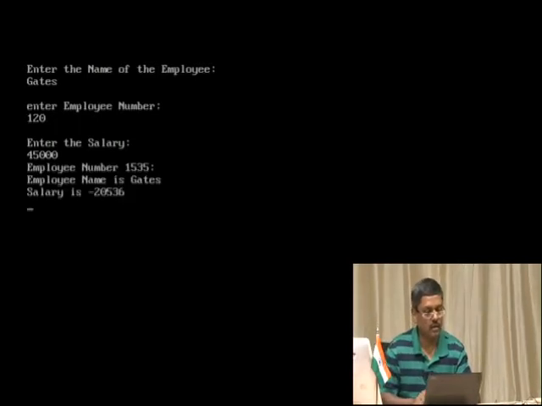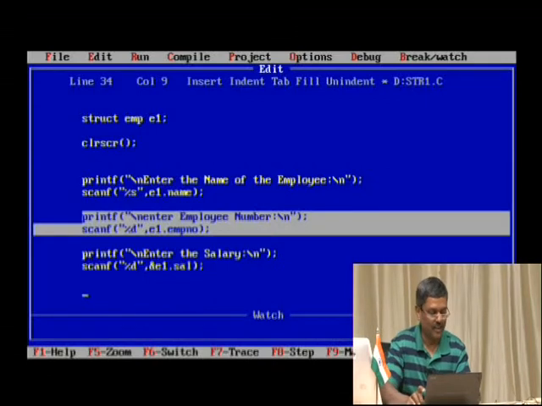Okay, now it is working. Anyway, so this is how we can access the employee number and employee name and employee salary, with the name of the structure E1 and its members salary, name, and employee number.